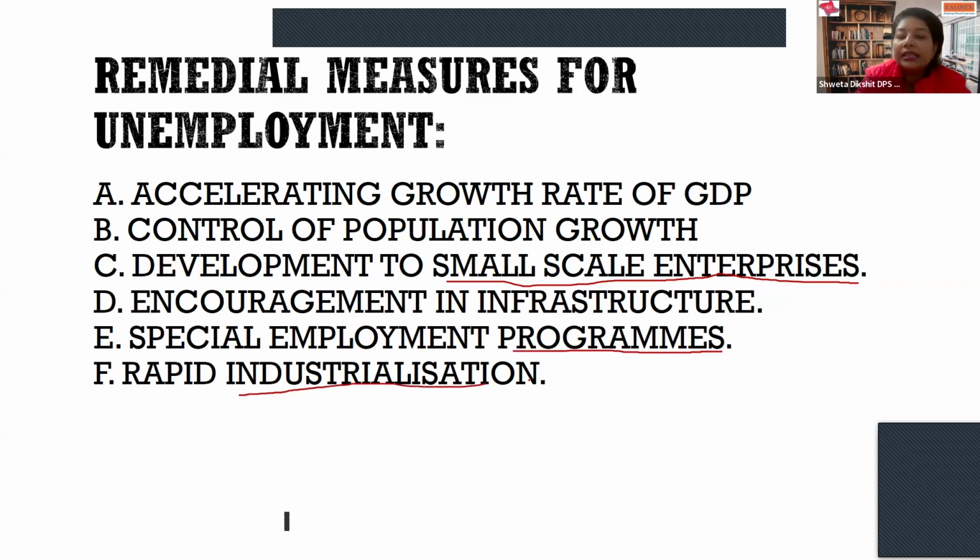Children, I have been telling you that many of the economists have emphasized that industrialization can only be the backbone for the development of a country. China can be the best example of it. China could not develop from its agricultural development. It was only the industrial sector which helped China to develop and become one of the highest GDP economies in the world.